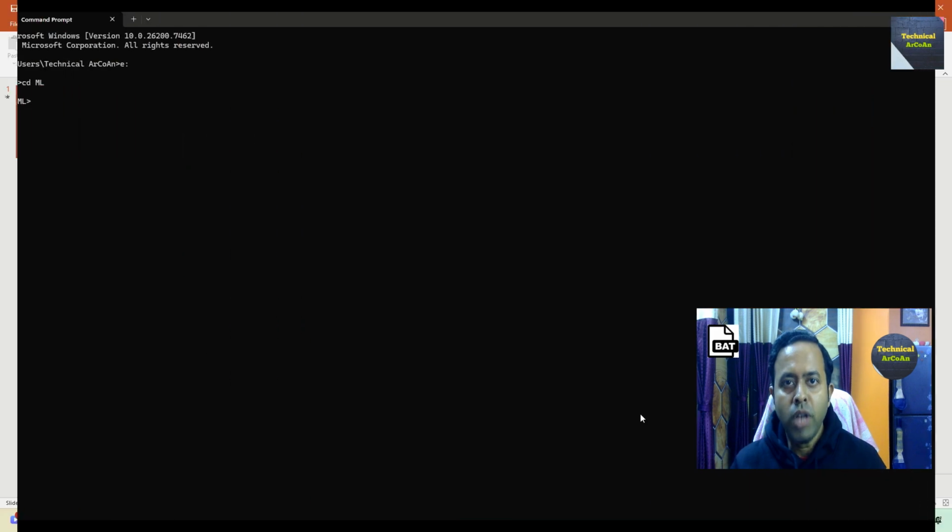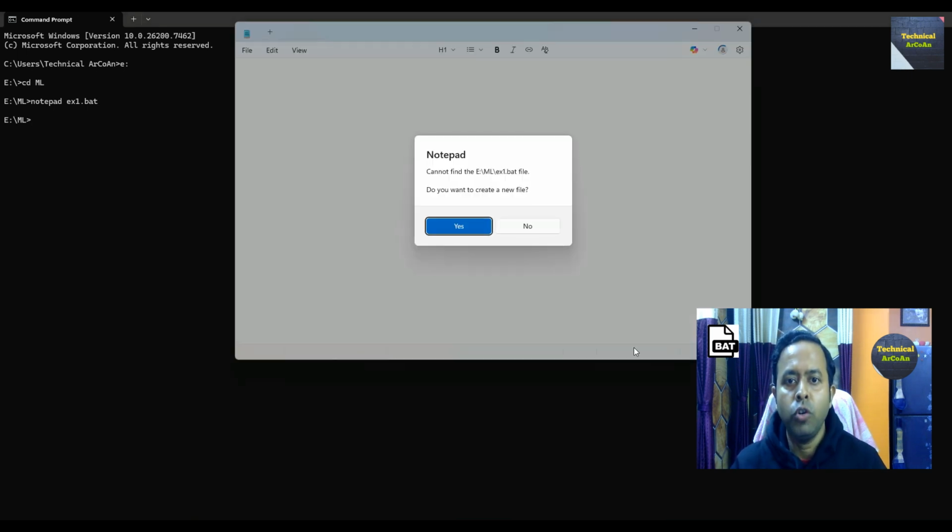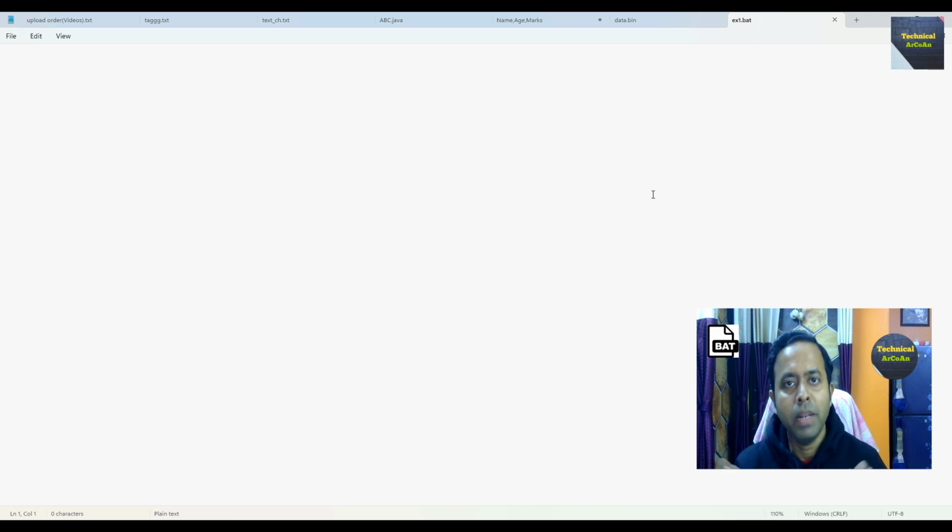Okay, so now I am within the command prompt, in my E drive ML folder. At first we open Notepad. Just write notepad and then the batch file name, suppose ex1.bat, because the batch file extension should be .bat. Okay, and press enter. Now it will open a Notepad, and here we write the multiple commands which will run automatically line by line, right? Okay, at first we write dir and then suppose we write echo